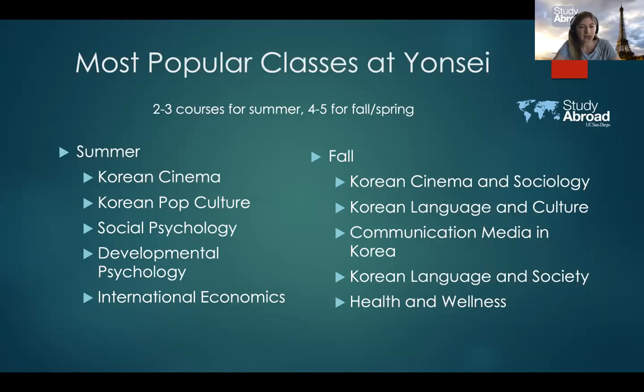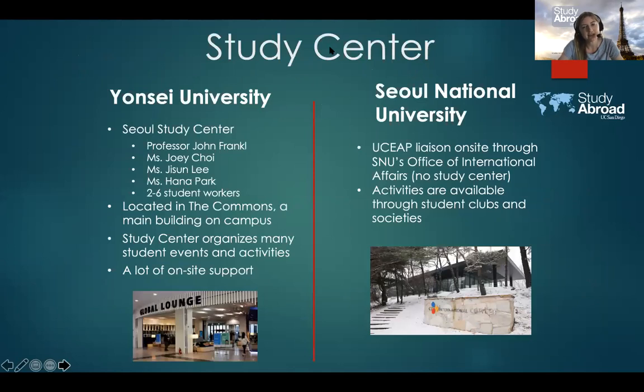Students are generally getting very similar grades at Yonsei as what they would get at UCSD. So I haven't heard from students that the academic rigor at Yonsei is more difficult than UCSD. It seems like it's pretty comparable. And because the semester is a bit more stretched out, it actually feels slightly more manageable in some cases. So that's good.